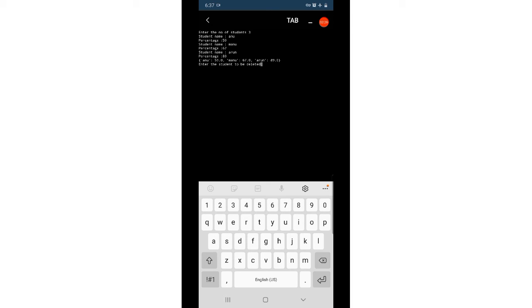So we have 3 students and their percentage. So enter the student to be deleted. So I am deleting Anu. So Anu is deleted, and after deletion the dictionary is displayed. So Manu 67, Arun 89. Anu is deleted.